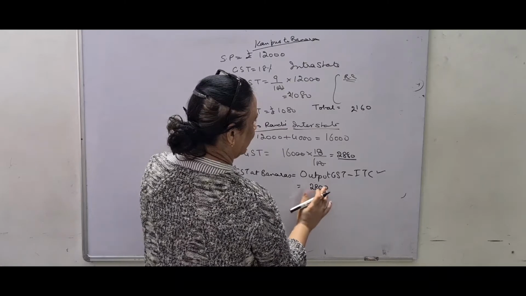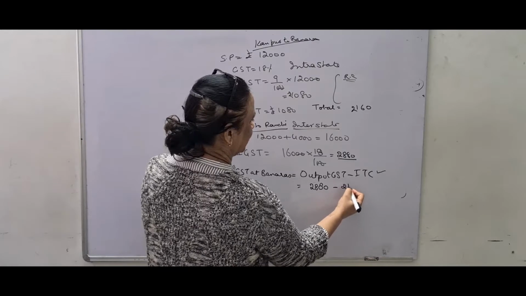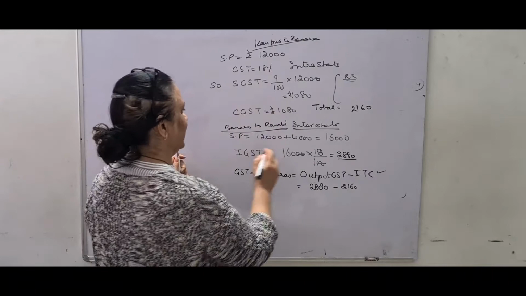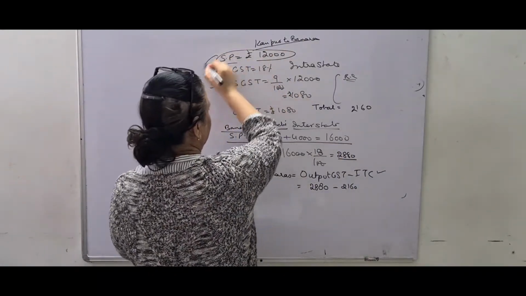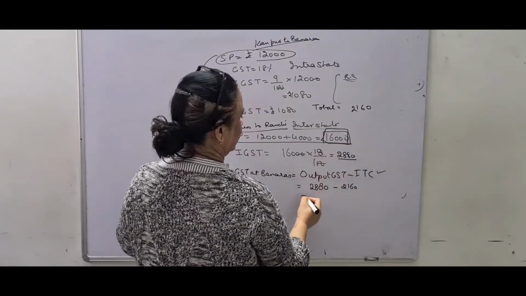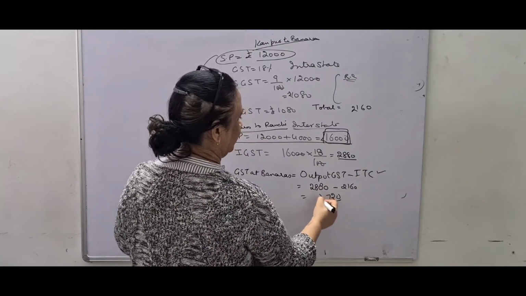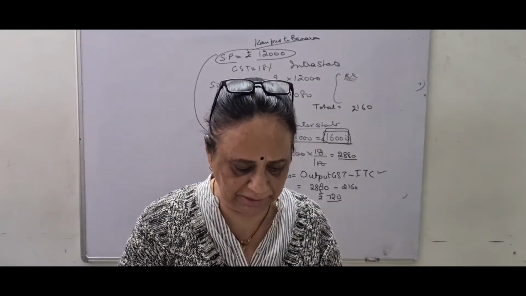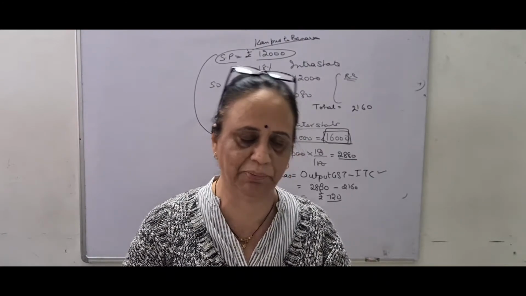It will be very clear to you because mostly the second is more than the first, because see children, the rate of GST will remain the same, only the change is in the basic cost. First it was sold on 20,000 and then it was sold at a profit, so it was 16,000. The difference will be here only. So when you subtract it, you will get rupees 720. So 720 is your tax credit, or you can say tax liability in Banaras, or another word, GST paid at Banaras.